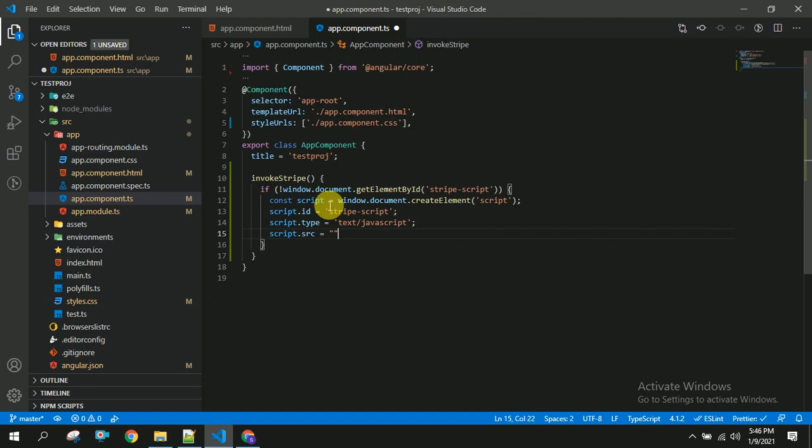So I'm going to copy that URL here. After this is the last one, window dot document dot body dot append. So we are going to append script as a child.